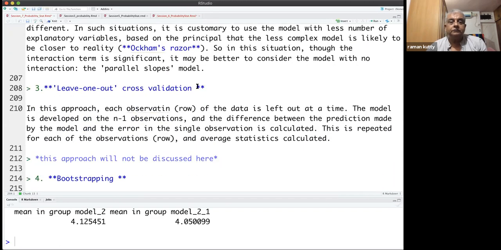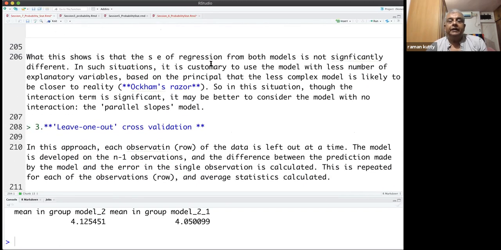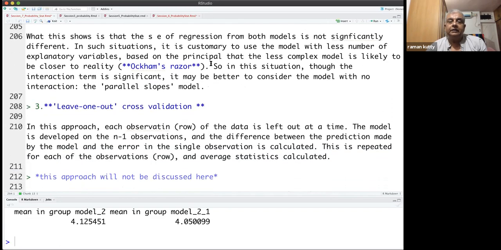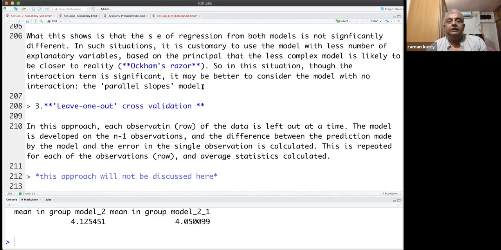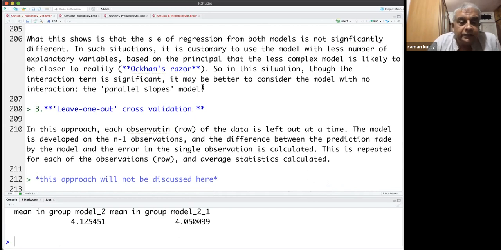That is what it tells us. So this is the multiple or k-fold cross-validation technique. It's a little complicated, but I think I have explained it. Any questions on this?